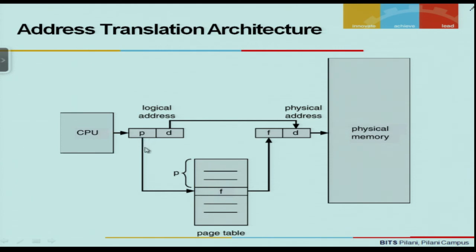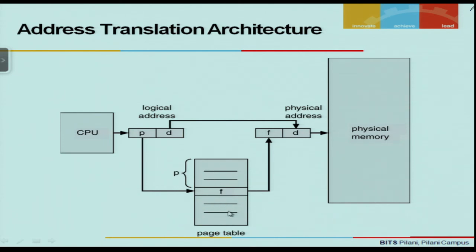Now, we have said that we would require logical to physical address mapping. So probably what we can do is maintain a table where, corresponding to every logical page, we store the information of a physical frame. So you require one table. For the time being, let us call this table a page table, and the page table will have the mapping information.